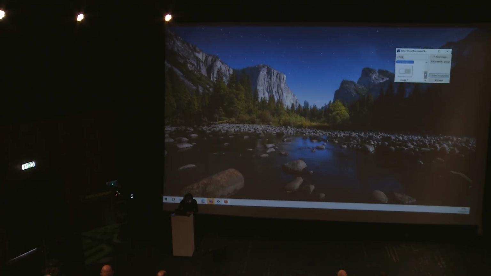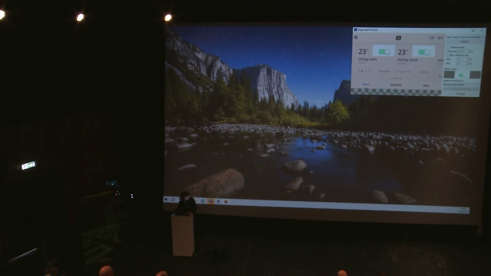So the way I do it is that I search the screen for the particular image, which looks like this. That's the green button that you perhaps saw on my MCU device, and I'm going to insert the click on that image. And afterwards, what I would like to do